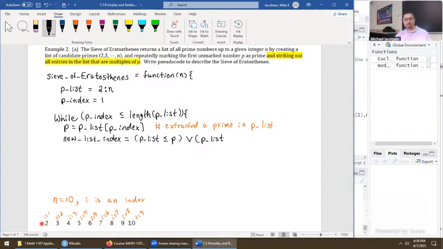I want to take everything in P list, do mod P against it. So this is a vector now, but I'm going to apply mod P to all entries inside that vector. And I want that to be not equal to 0. So that means we're only carrying into the new list index those things that were non-zero,